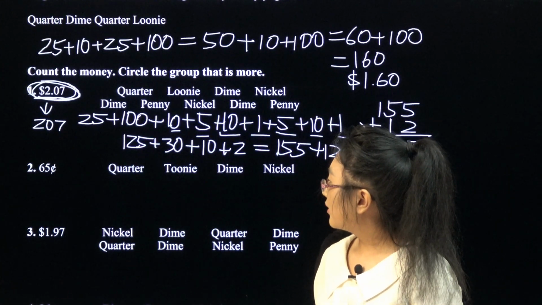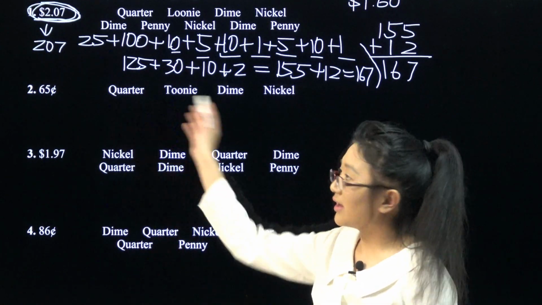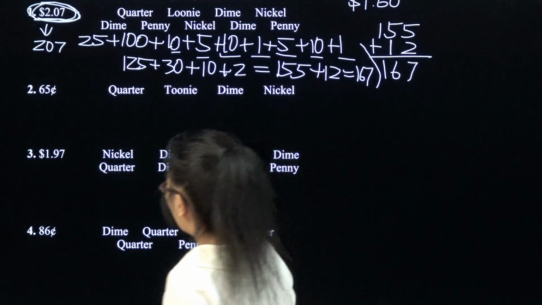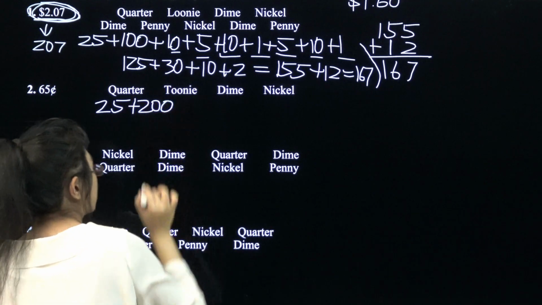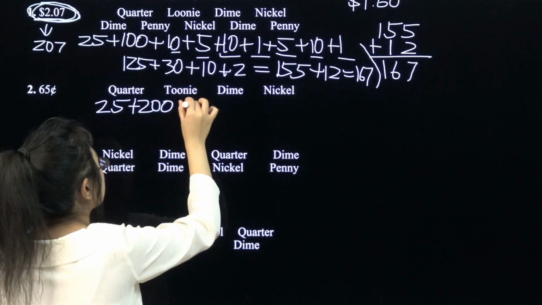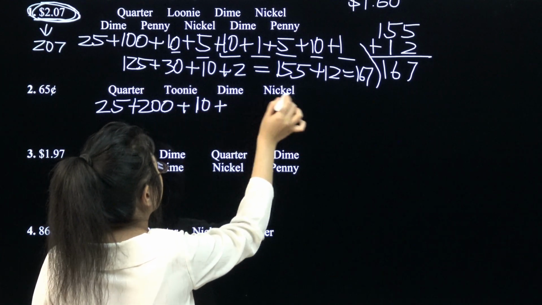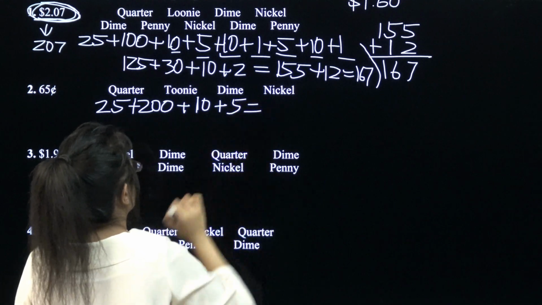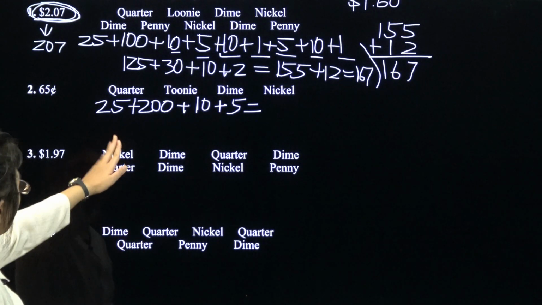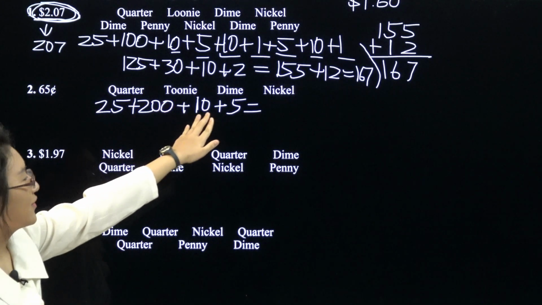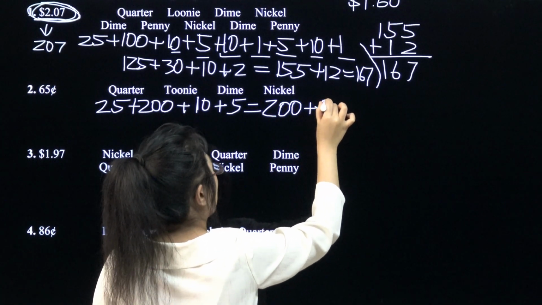Anyhow, there's also 65 cents and this blob. This blob is a quarter, 25, plus a toonie, which is 200, because 2 100s is 200, plus a dime, which is 10, plus a nickel, which is a 5. And from that you get, well, what's 25 plus 15? 40. 200 plus 40,